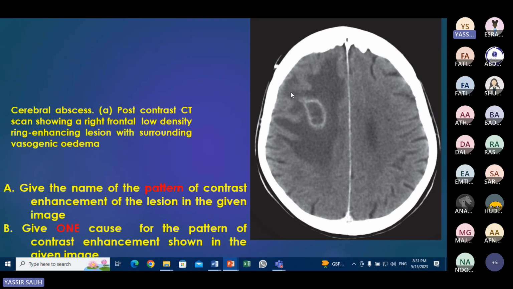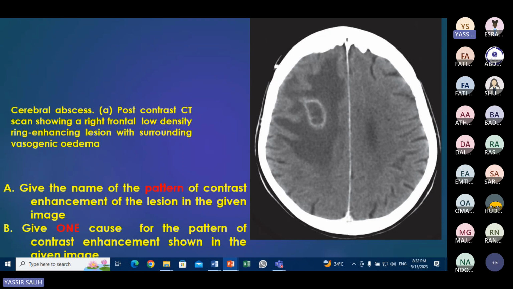What is the pattern of enhancement in this image? Ring enhancement. This is a lesion with ring enhancement. Around the lesion, this black area means perifocal brain edema. This is brain edema, fluid. This fluid is edema, brain edema. As for the differential diagnosis, of course if we give you the history fine, but if we don't give you the history, we need to say